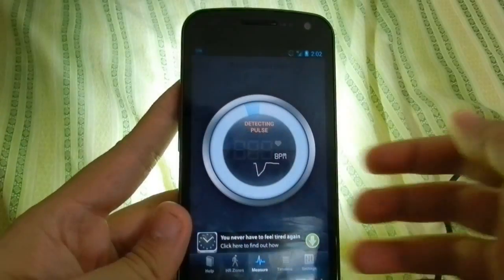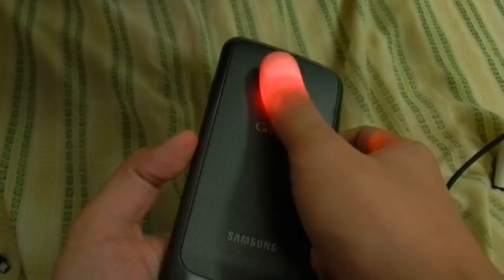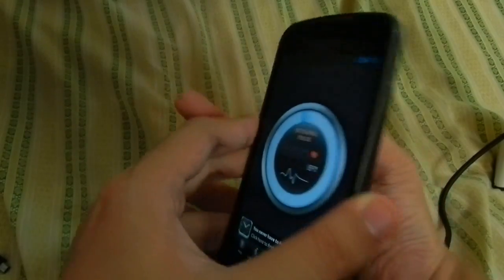Your prerequisites for using this app is firstly you do need to have a camera on your phone, and you are very recommended to have an LED flash or something of that sort that lights up. Now the way you use this app is you have to place your finger over the flash and the camera lens at the same time,